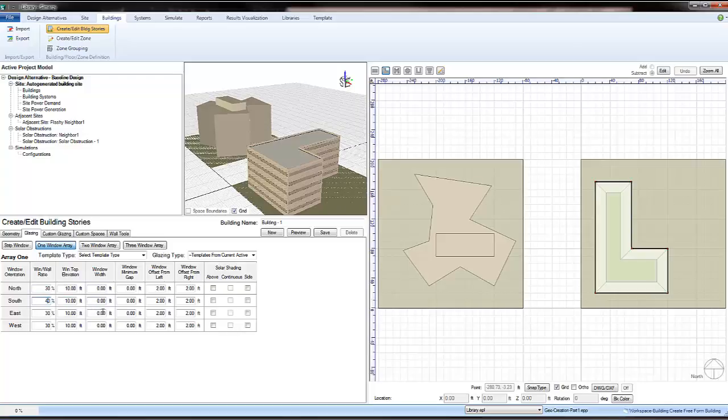We'll change the window to wall ratio to 40%, and you'll notice that the default when you're creating a model is set to 30% on all sides. We'll select a window width of 5, a gap of 2 feet. We'll select solar shading above, but we'll also make that continuous,